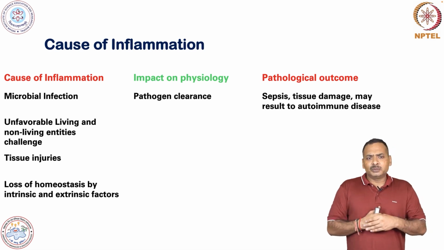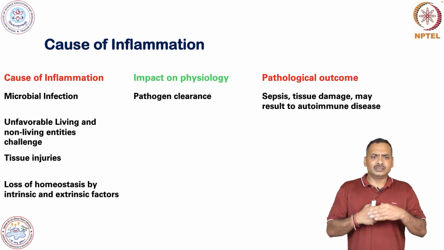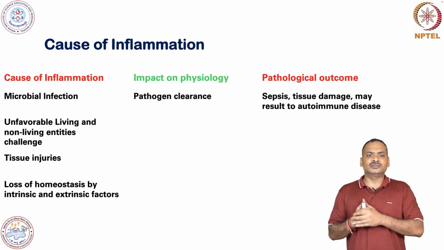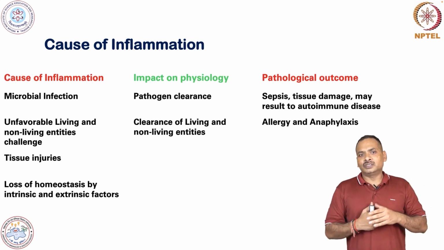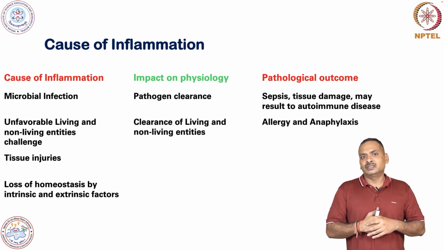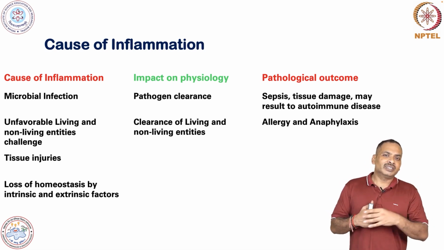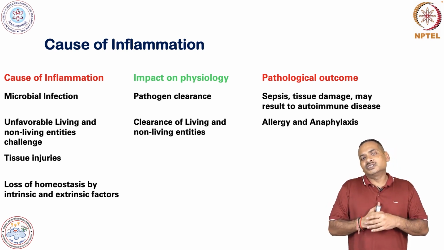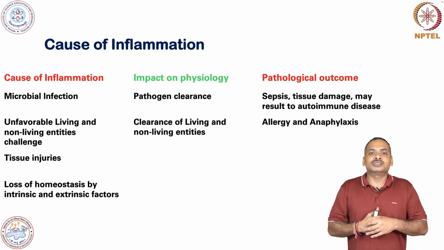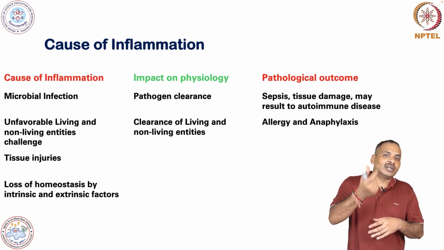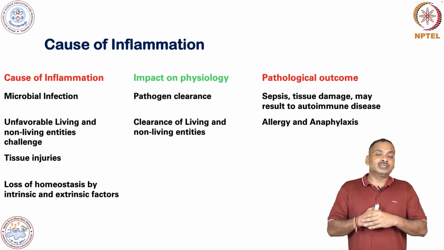In case of unfavorable living and non-living entities, the impact on physiology will be the clearance of that living or non-living entity. For example, if a worker is working in a cement factory, those cement particles are a non-living entity. We do have some system in order to remove these particles. We secrete a lot of mucus, and this mucus may throw out that cement particle, but if it is not removed, then